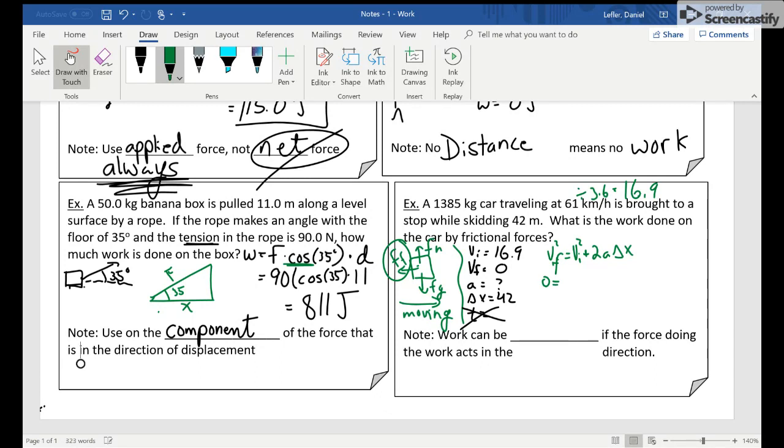Our initial 16.9 squared plus 2A times 42. What we end up getting when you solve for A, you should end up getting negative 3.42 meters per second squared. And yes, it should be negative because